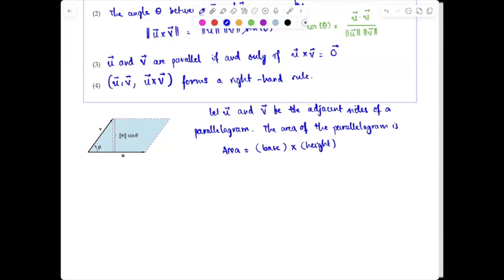Now we're going to calculate this area based on the information of the vector u and the information of the vector v. Alright, so the base of the parallelogram is the magnitude of the vector u. Where base is equal to the magnitude of vector u, and the height can be calculated as